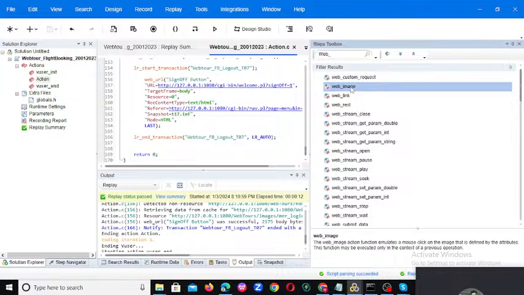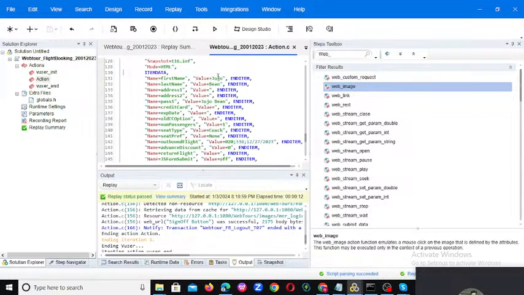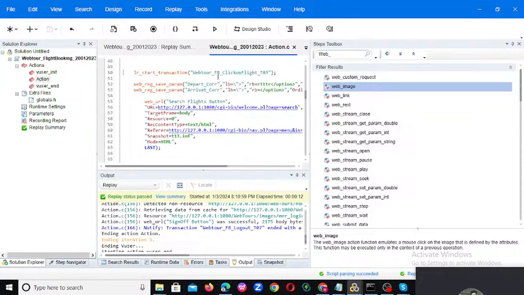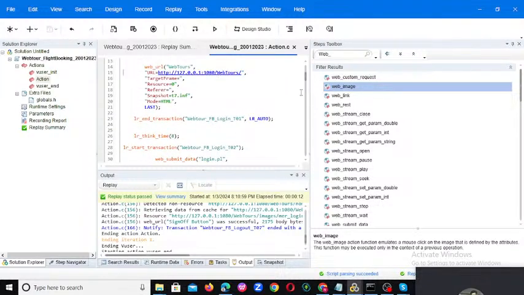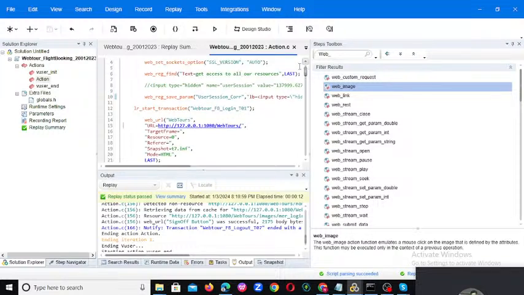We are validating with web reg find, which is text based. If you go here, you are validating with web reg find, which is text based. We give Text equal to some text, meaning this text will be there in the response, and your script will go to the next page. In the same way we have web image also. If you click here on web image,